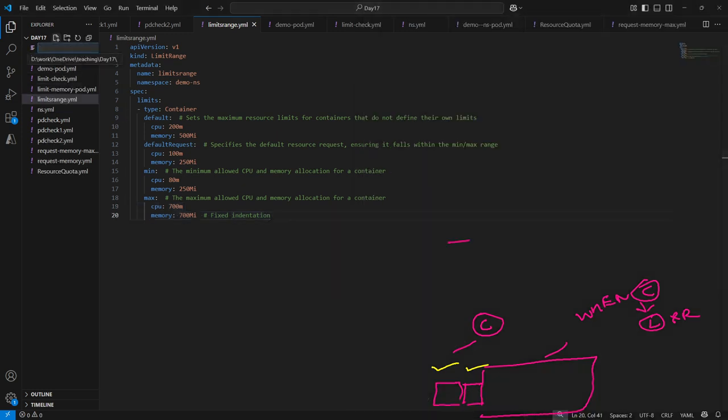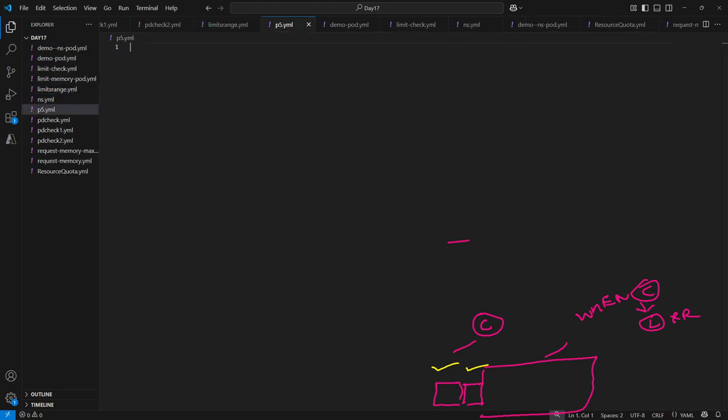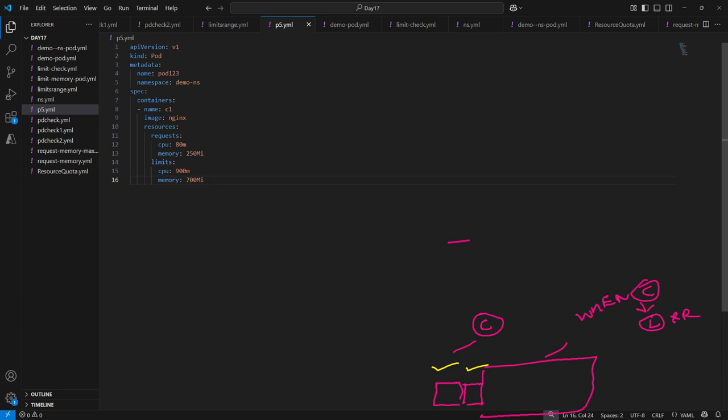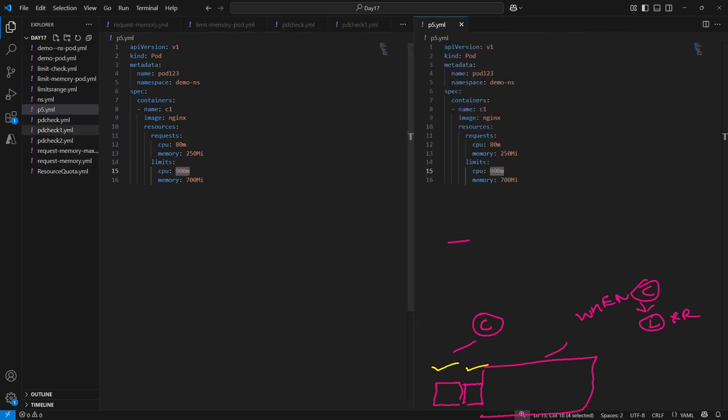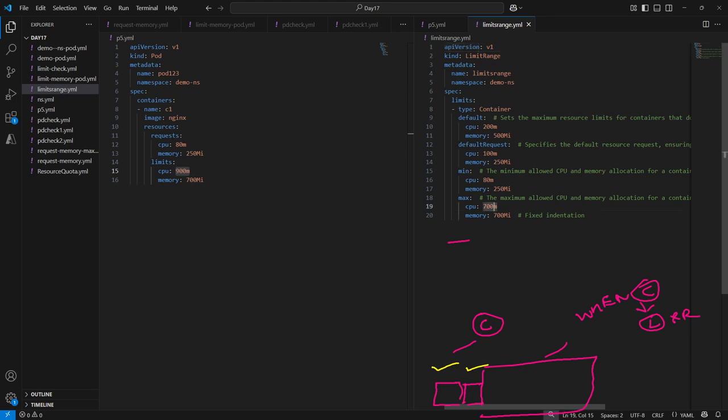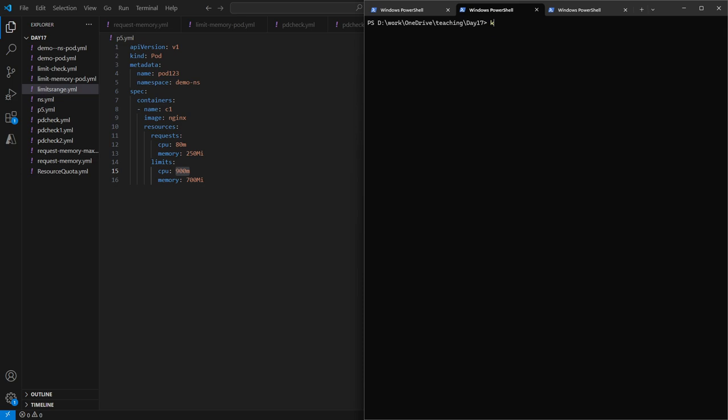I'll create a pod named p5.yml. Okay, and in this configuration, if you see, what I have mentioned in terms of CPU limit is 900 millicores, but in our limit range I have mentioned the maximum value which we are good to use at container level is only 700. So let me run this YAML configuration to check whether we are able to create this pod or not. I'll run kubectl create -f p5.yml,